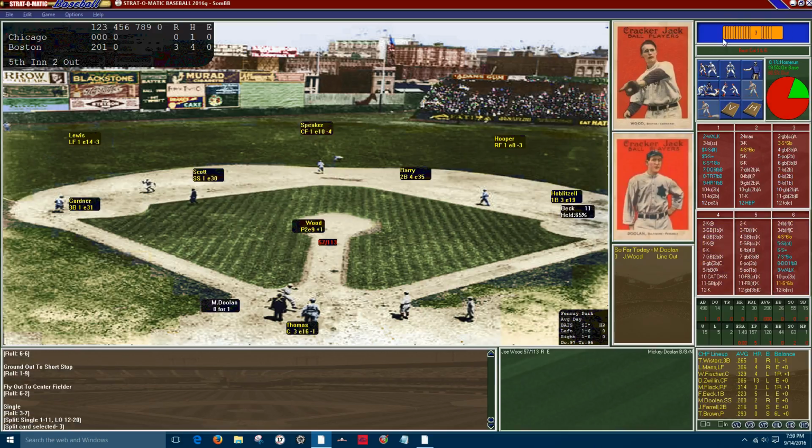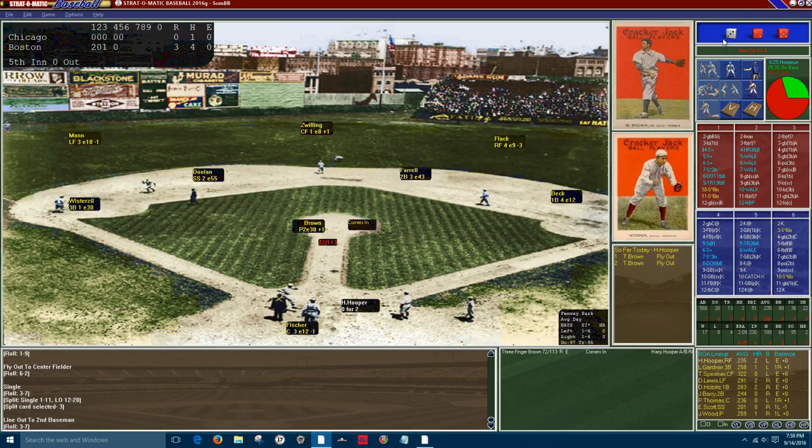Split card comes up. It's a base hit. Beck will go to first. And the Chicago Whales get their first hit of the ball game. Smokey Joe Wood basically knows what he's doing, doesn't he? Let's see what happens. We now go to Mickey Doolin. He lines out to second. Barry makes the play. And not much of a threat in that inning as we now go to the bottom